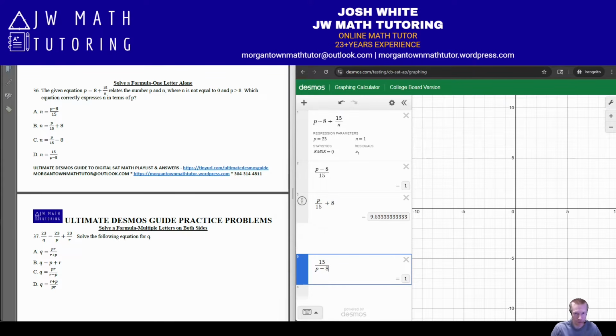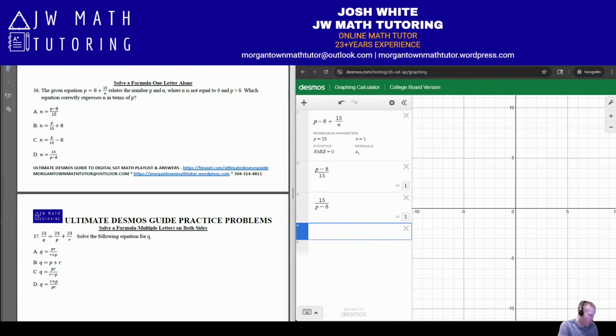So this is a case where, first of all, let's get rid of these. We don't need B and C. This is a case where now I would pick a different number for n. So I would say let n equal 2. So now, notice it gave me different values for p. However, that new value for p is automatically fed into